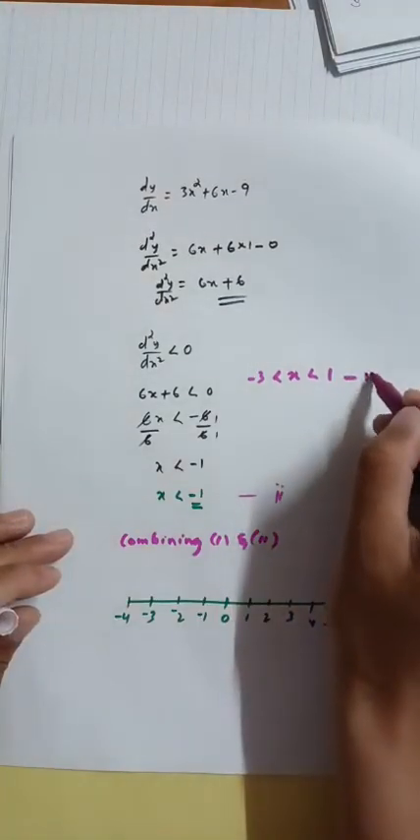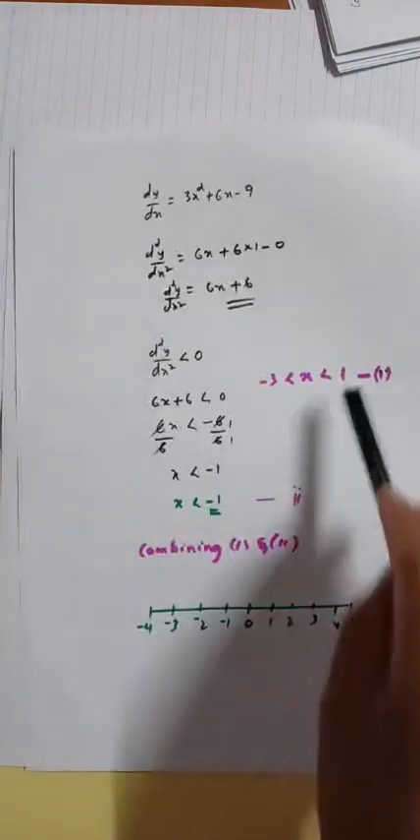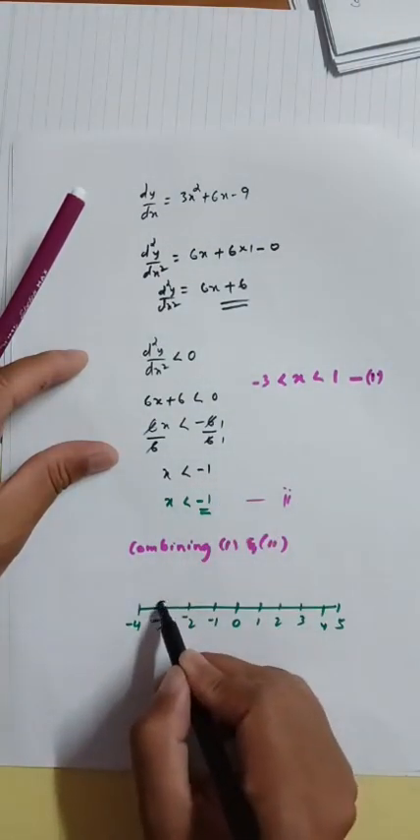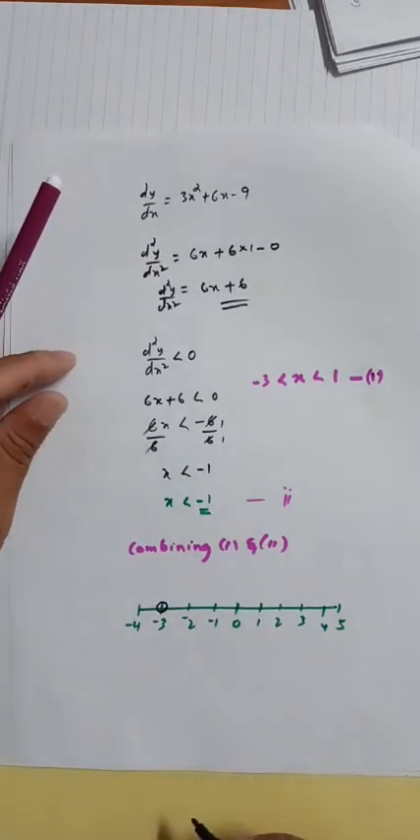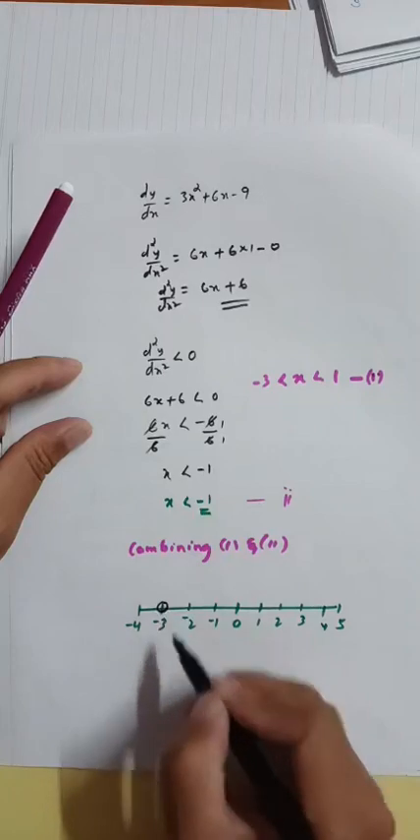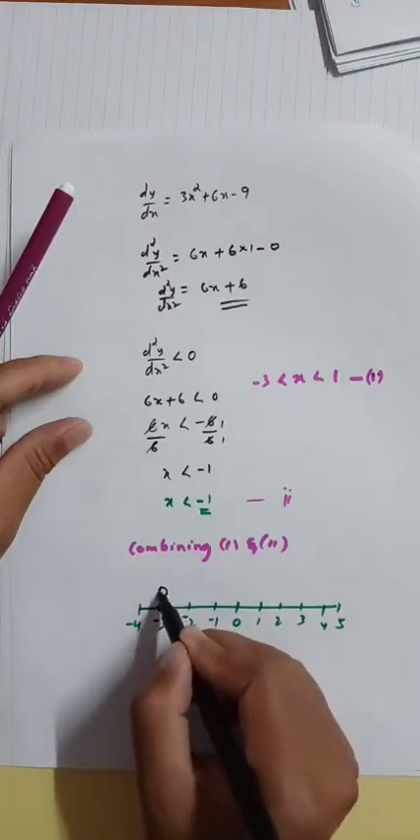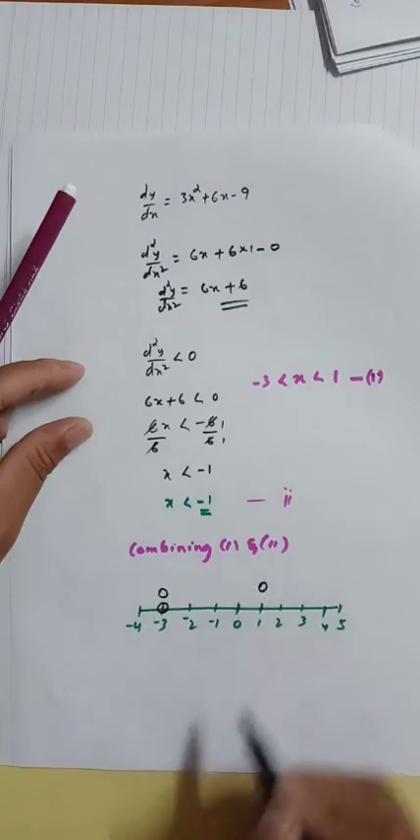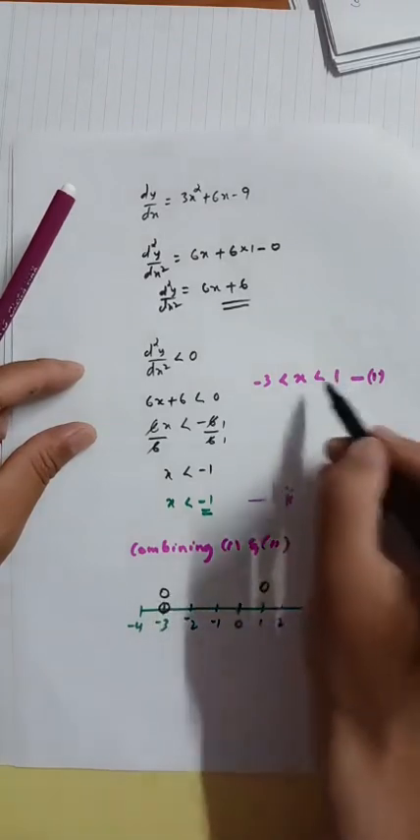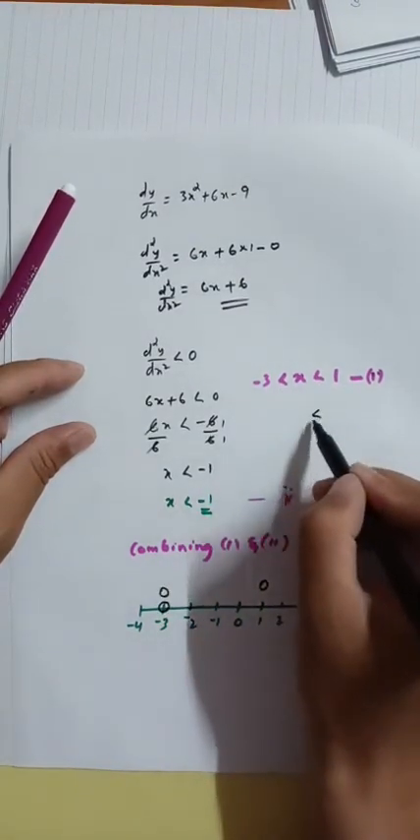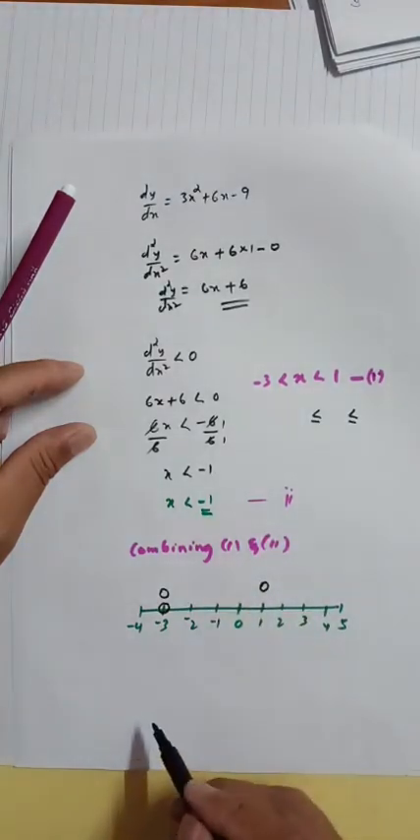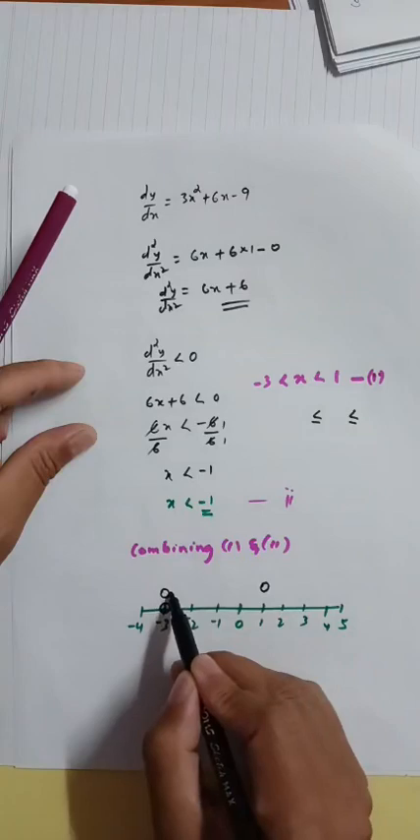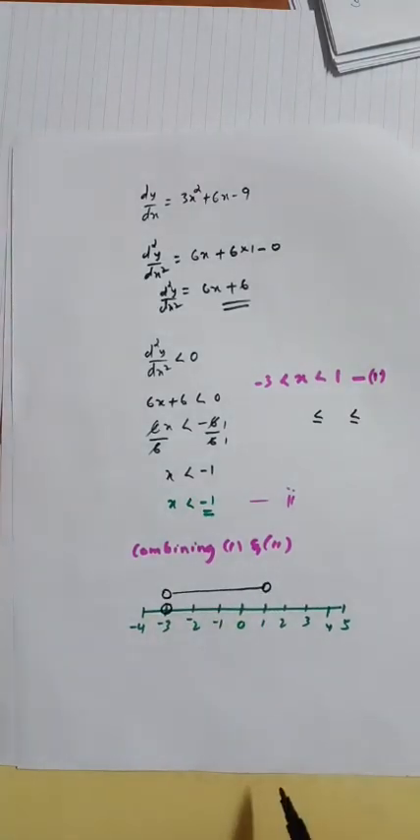In this range of values, first the first derivative condition: x is greater than negative 3, so we shade the circle. For less than 1, the circle is also not shaded, since it is strictly less than. If it were less than or equal to or greater than or equal to, the circle would be shaded. Here we use just less than and greater than, so the circles are not shaded, and then we connect them. Then dy over dx